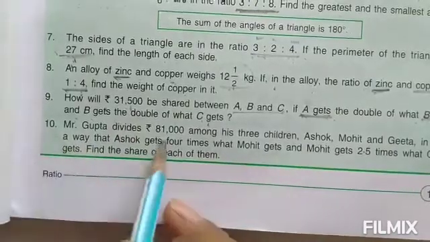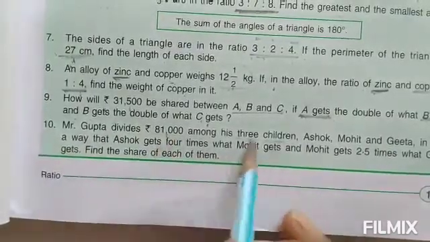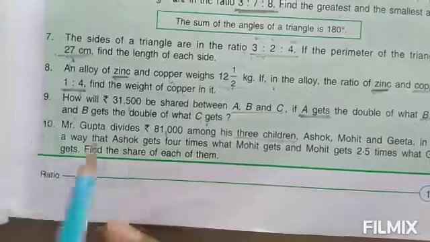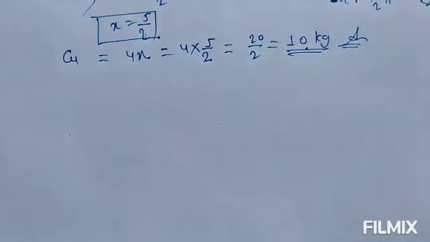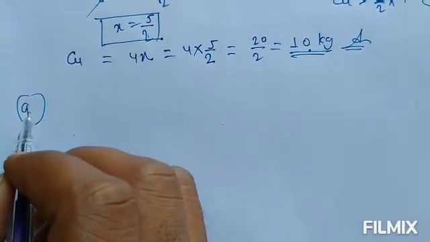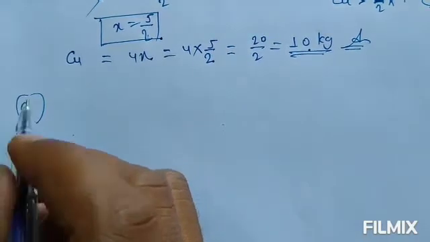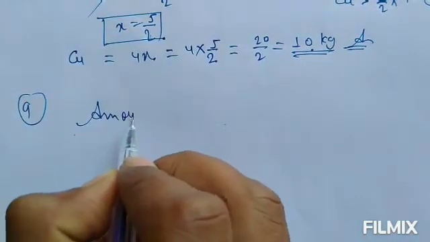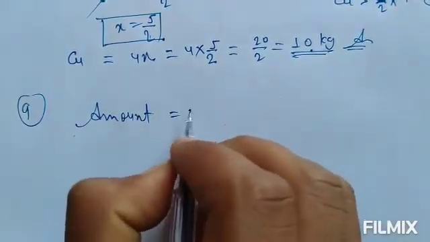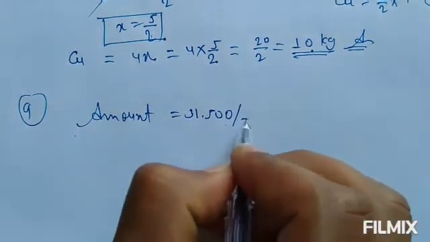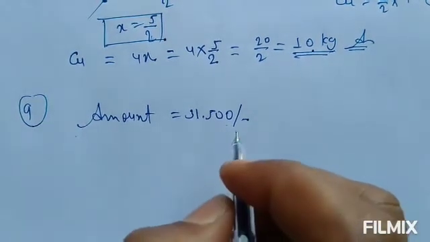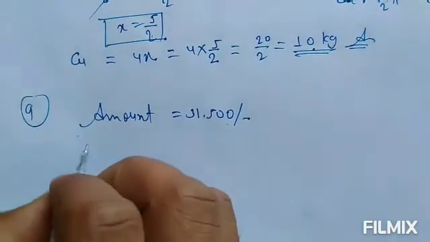Question number 10: 81,000 will be distributed among three children. This question you can solve. Now listen, question number 9. The ninth question is, the distributable amount is 31,500 rupees. Our question is, A gets double of what B gets, B gets double of what C gets. Then the part of C